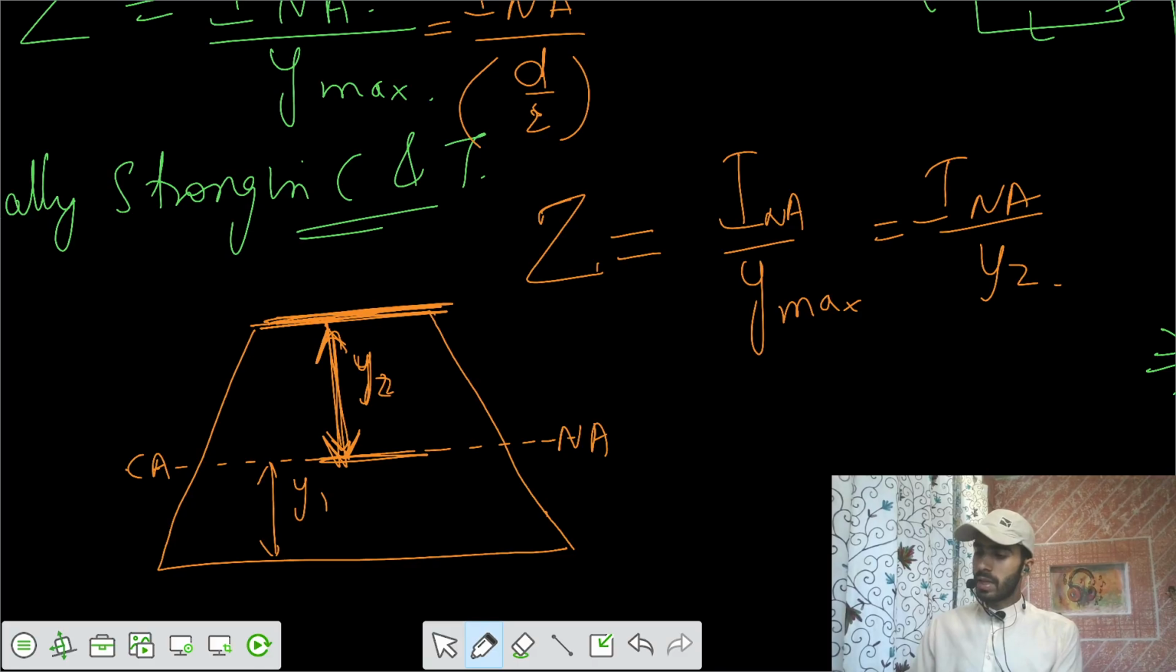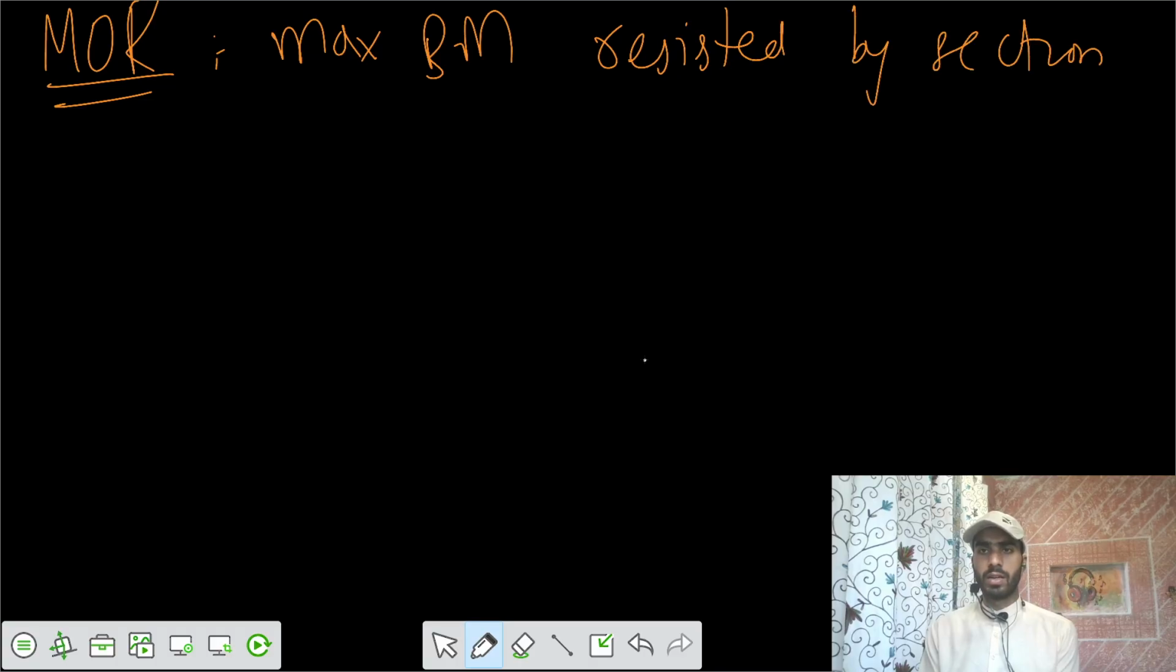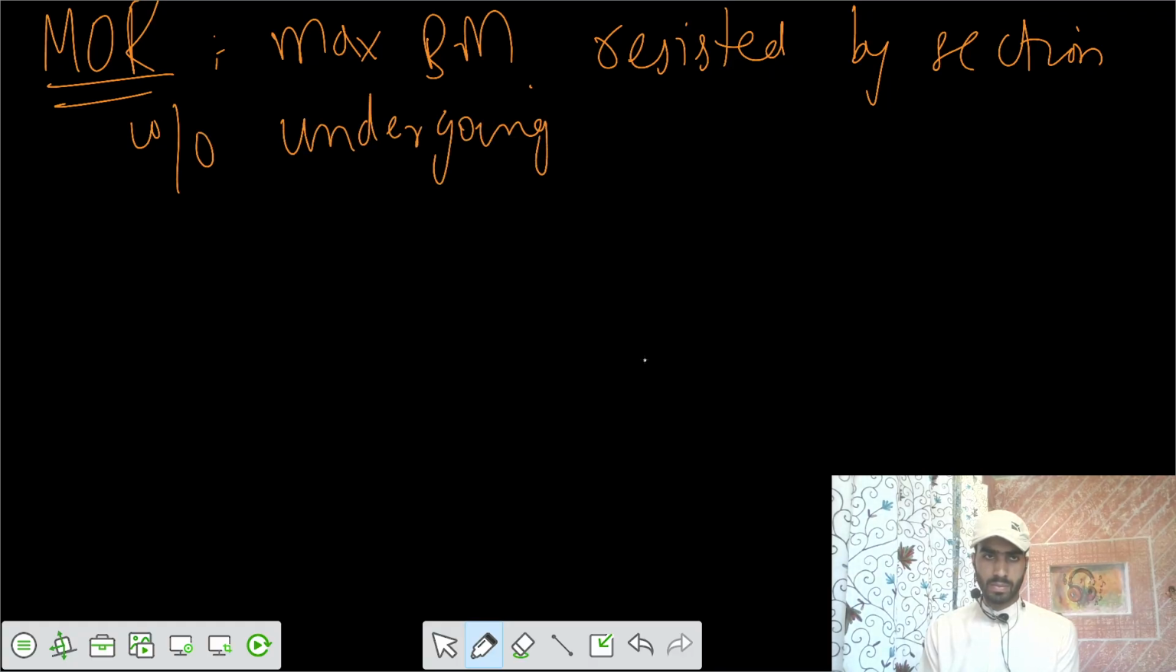So this was the end of that first topic of bending stresses. Now let's talk about more things, starting with moment of resistance. It's the maximum bending moment that can be resisted by the section without undergoing failure. The failure should not be there, and however much maximum bending moment the section can resist,